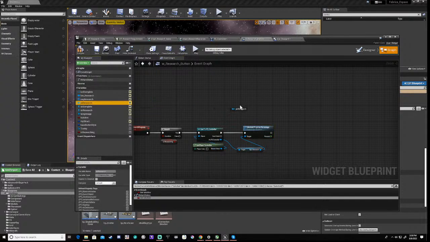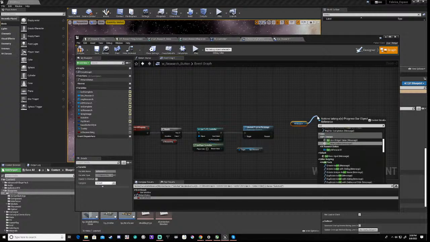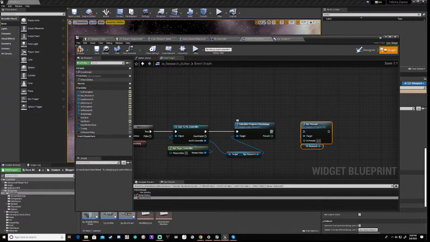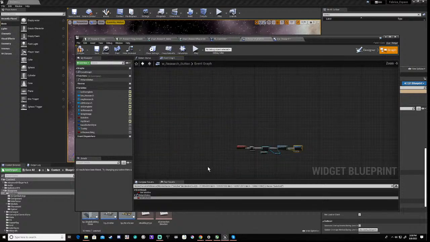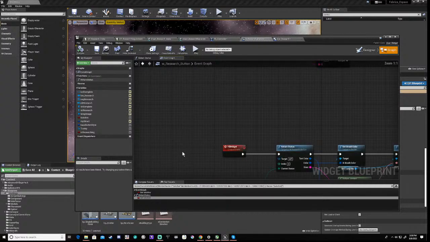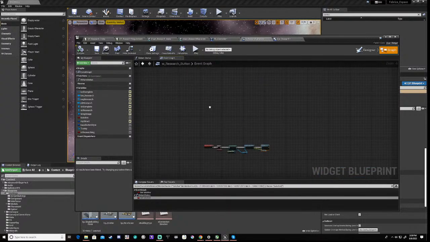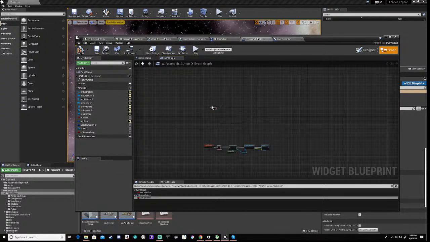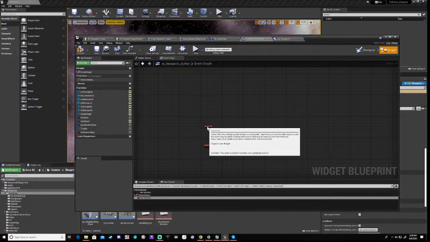And then with our progress bar research, we set the percentage. To this. And this number here. We save that. And the question is, do we have an event construct? Apparently not. So we're going to have an event construct now, which is basically going to